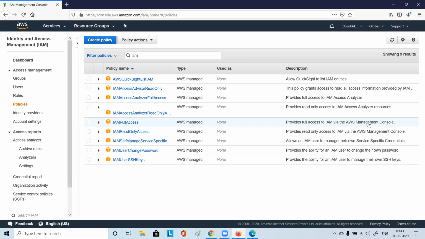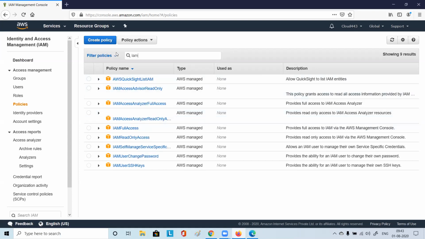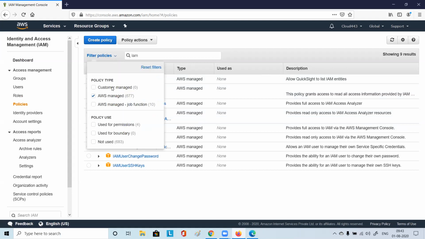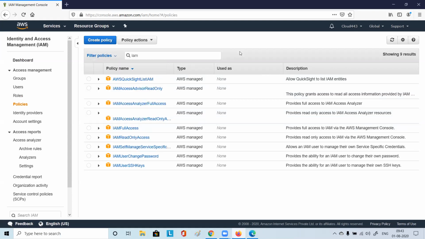There are AWS managed policies, where AWS is fully managing it, and you can create your own, which would be called a customer managed policy. At a later stage, when time permits, maybe I can explain more about it and we can discuss it in detail.